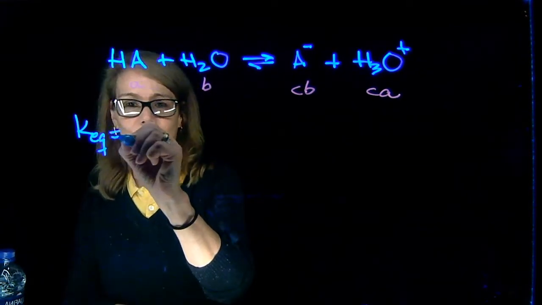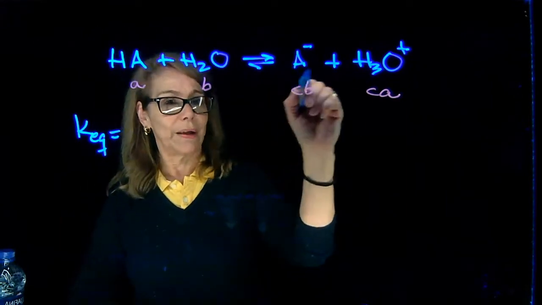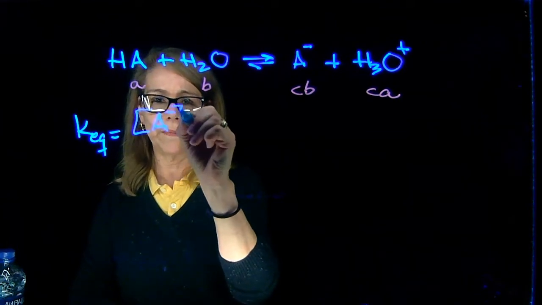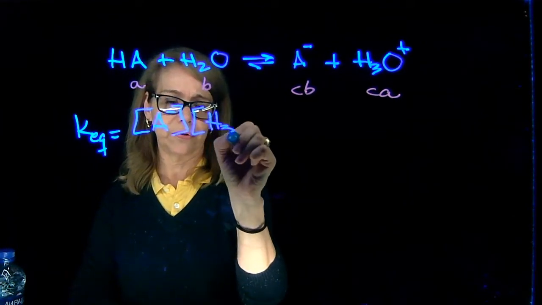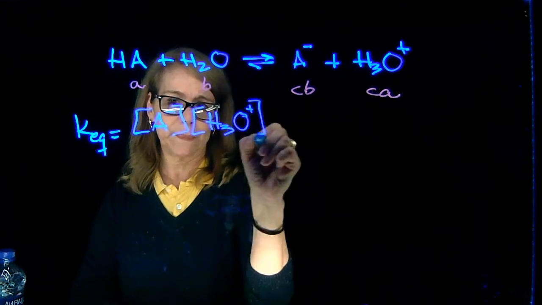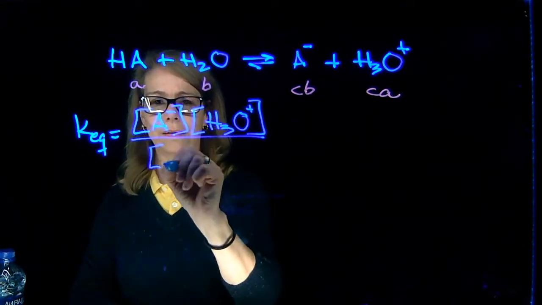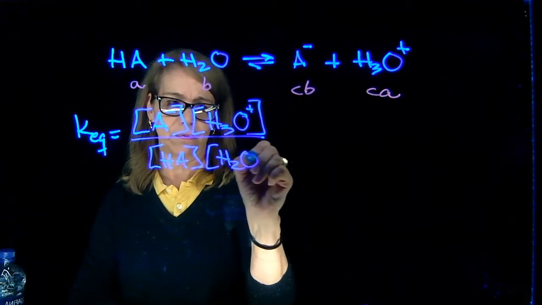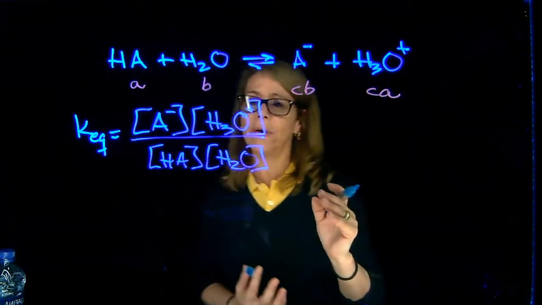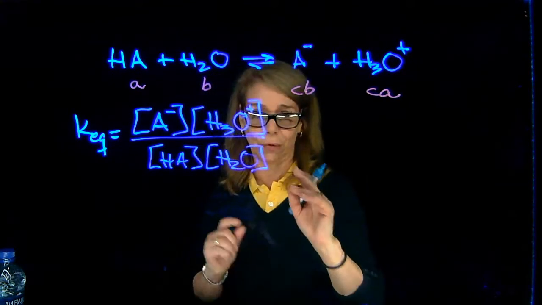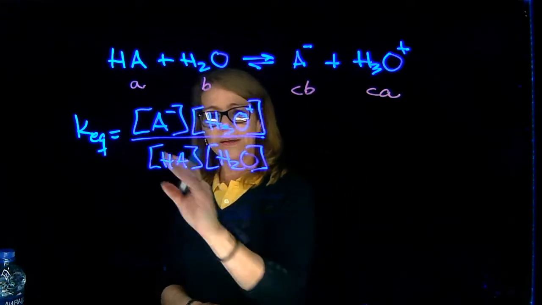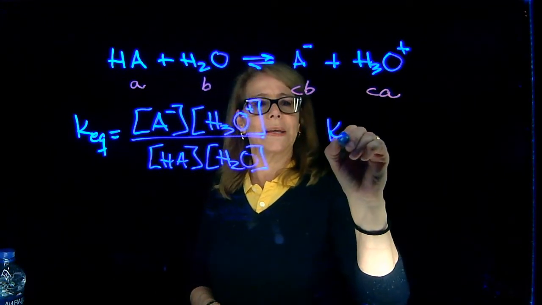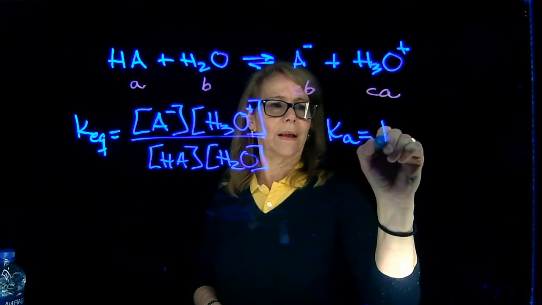So my equilibrium constant, we write here the product of the concentration of these two species, which are the A negative times the concentration of hydronium over the concentration of the acid times the concentration of water. But now we can redefine that if we think the concentration of water doesn't change much. So we can make a new constant, and we can define Ka as the product of